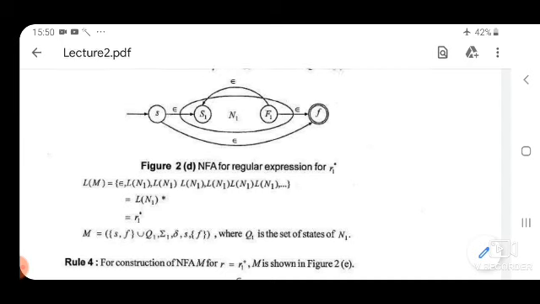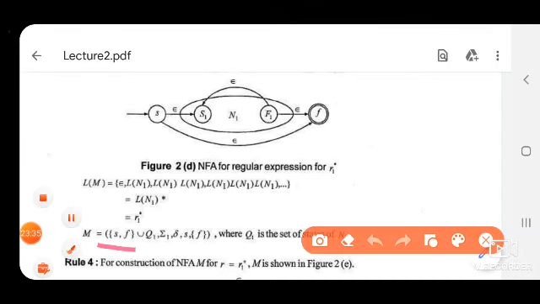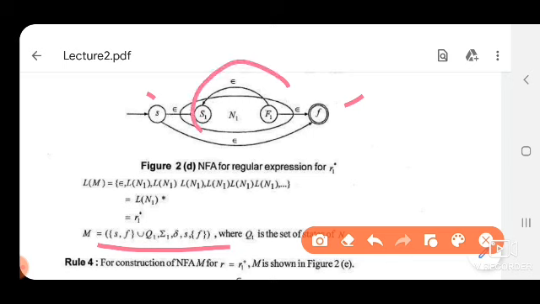So in the mathematical model of this M, we have capital Q, which has states S and F, union all the states of Q1. Q1 means the states used to represent the N1 NFA. So we take the union of the states of N1 as well as S and F. These are the total set of states in the new machine.